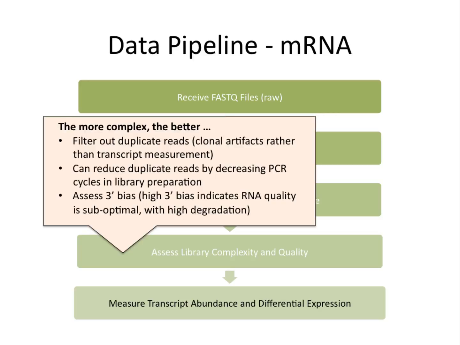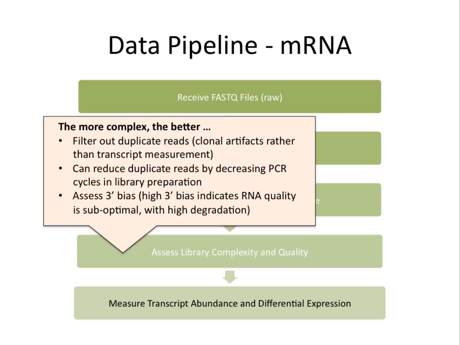Fragmentation is a random process, and it'd be extremely rare for one transcript copy to be fragmented into the exact same greater than 150 base pair pieces as a different copy of that same transcript. Therefore, a high duplicate read rate, which is commonly defined as greater than 30%, although there's no consensus on what's acceptable, is indicative of PCR clones in the library amplification step that get preferentially amplified, rather than necessarily truly higher transcriptomic expression.